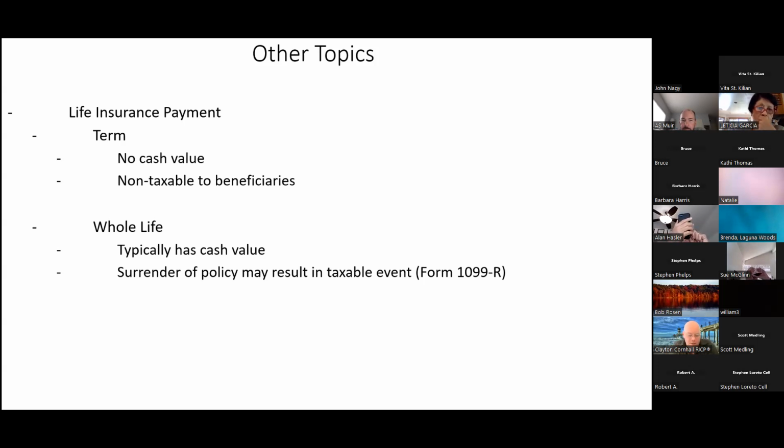And then that last line right there, the surrender of the policy. If you surrender the policy, it kind of really depends. You pay taxes upon anything above your cost basis in a cash value policy. Whole life is a form of cash value policy. There are several forms, so I just call it a cash value policy. Thinking about it like a home, you build equity in it. And that gets a little complicated. It depends upon how the actual surrender is done. If there is a taxable event on that policy, you'll get that 1099-R, and that'll illustrate how much is the tax on that.